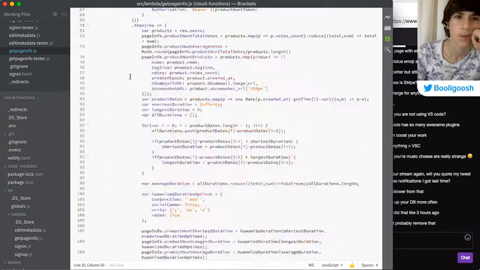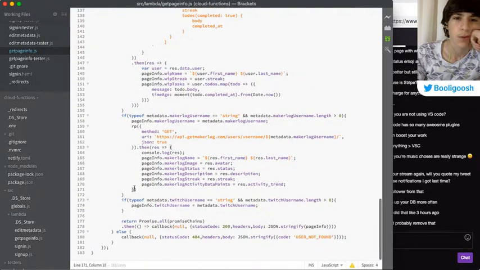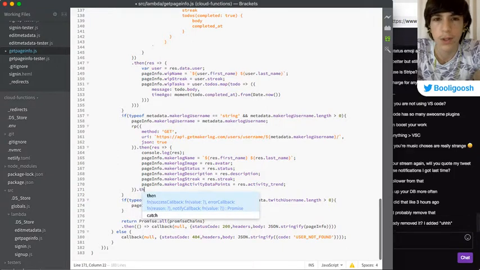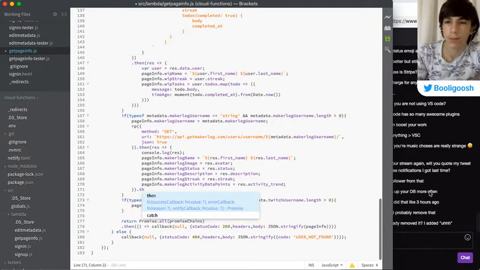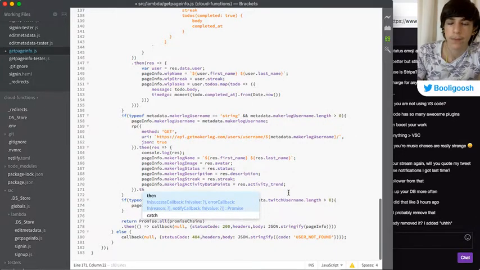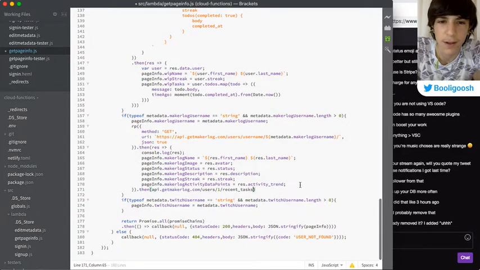Okay, get page info, I'll scroll down to here, cool. .then, oh, we could actually probably just push it separately, right? Yeah, I think I did. Request promise, then in here,